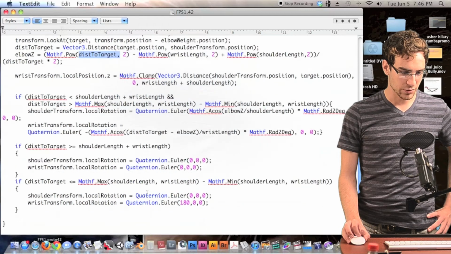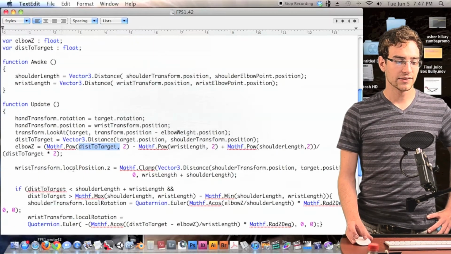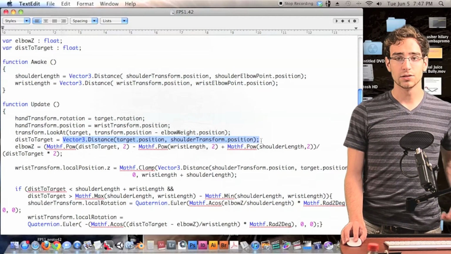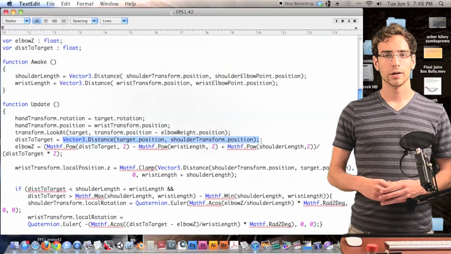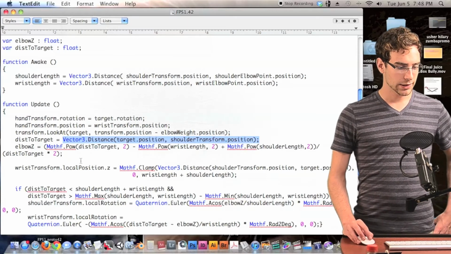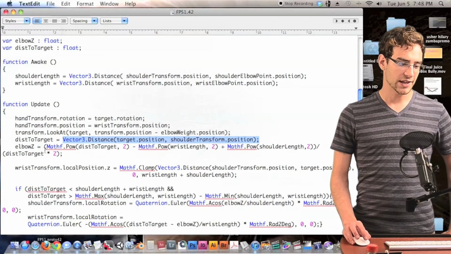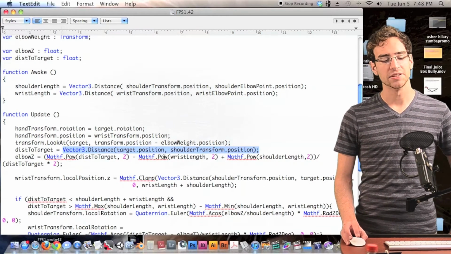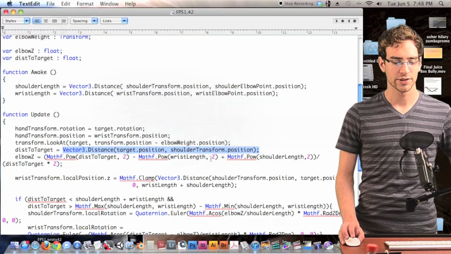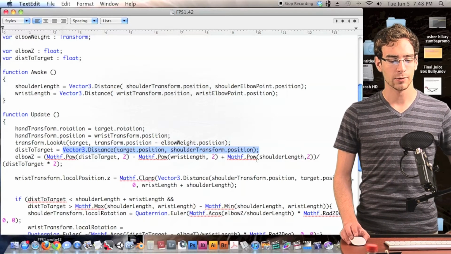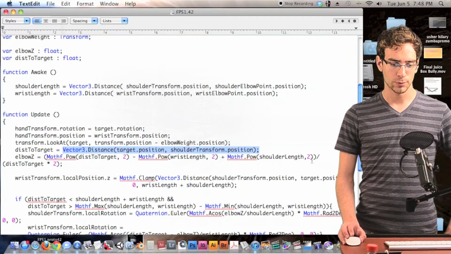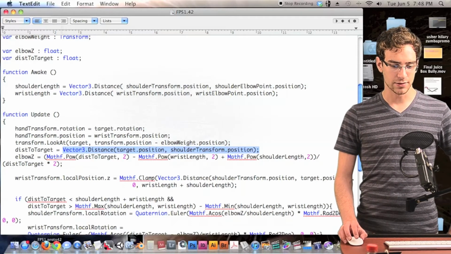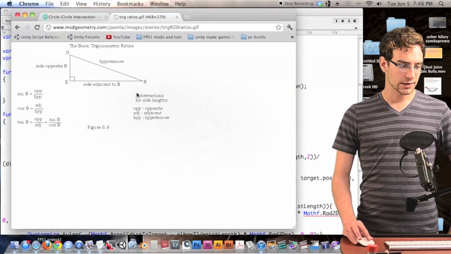I'm sure we use it many more times, but we use it a lot, and it's much easier to just write dist to target rather than this huge long line. Alright, now our next line of code right here: elbow z equals mathf.pow(dist to target, 2) minus mathf.pow(wrist length, 2) plus mathf.pow(shoulder length, 2), and all that divided by dist to target divided by 2, is basically